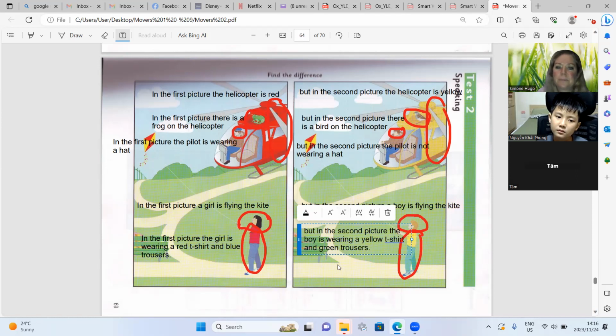Green trousers. Okay, can you read those differences for me?